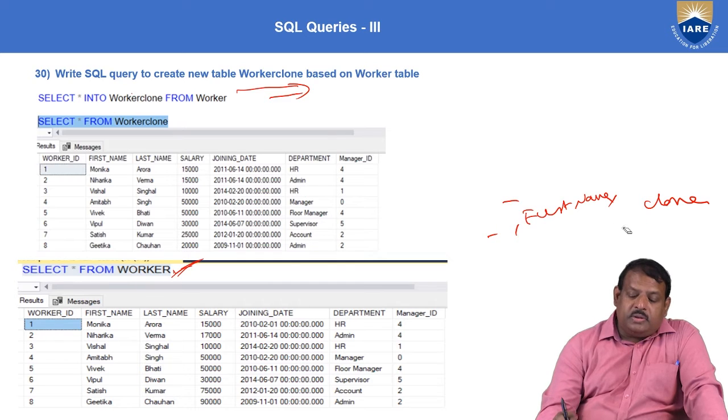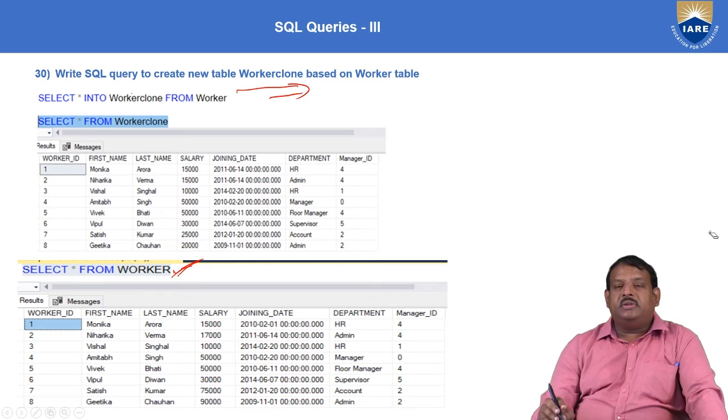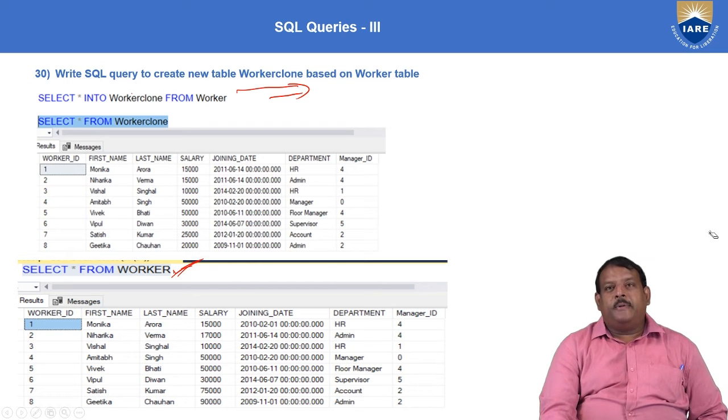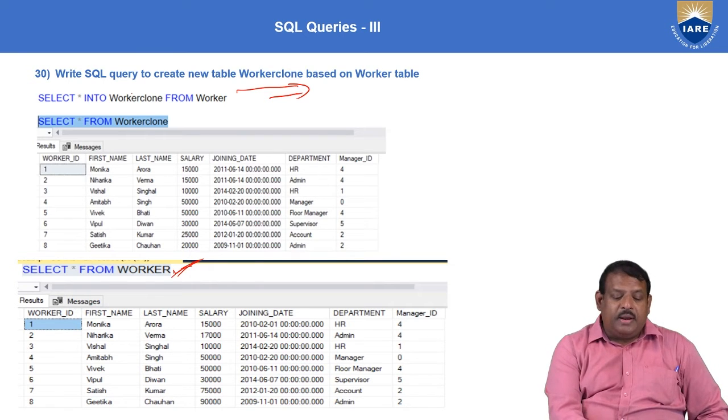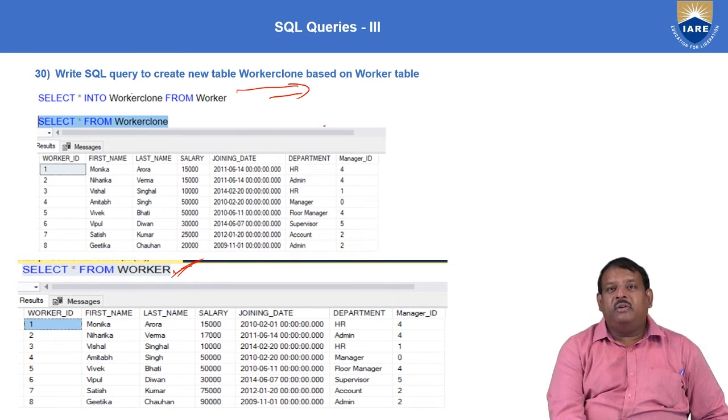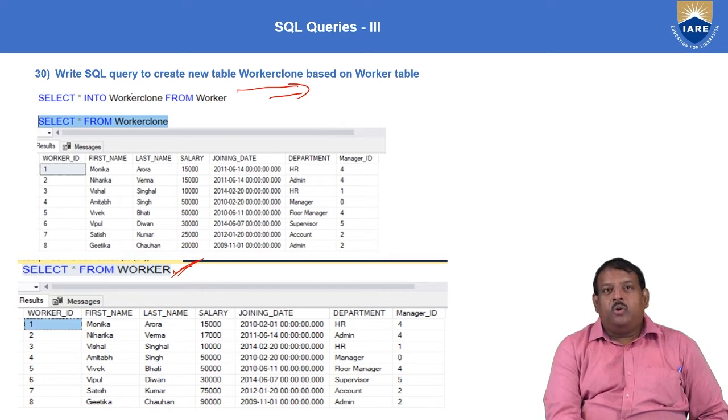Okay, here you might have a doubt now. Suppose I want to copy all the structure. I don't want to copy the data. The question now is that you might have to copy only the structure. I need only the structure. Later I will feed the data. Now, how do you make it possible?